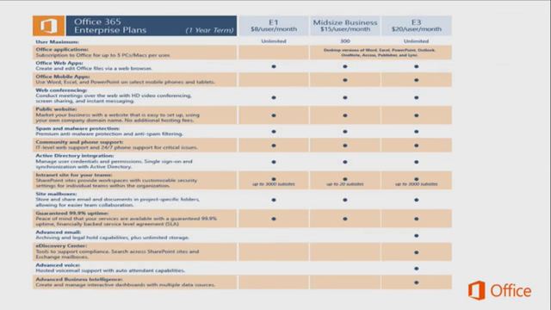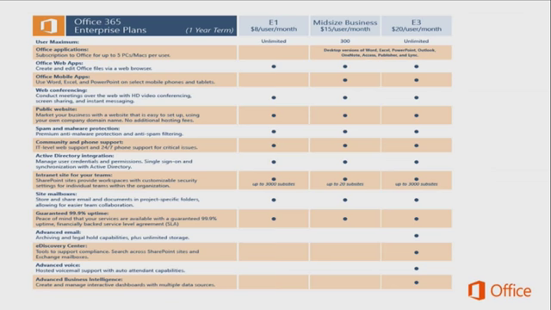Office 365 Enterprise plans. We have our E1 still. This is the go-to enterprise plan. Everything is included, though there are a few things that are not. We don't get Office Professional Plus, but we do get Office web apps. We don't get Office mobile apps on select phones and tablets. We get web conferencing. We don't get advanced archiving and legal hold, the e-discovery center, or advanced business intelligence. So those are the big things there.